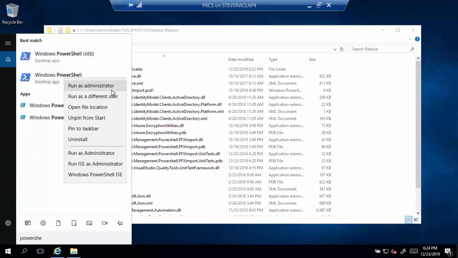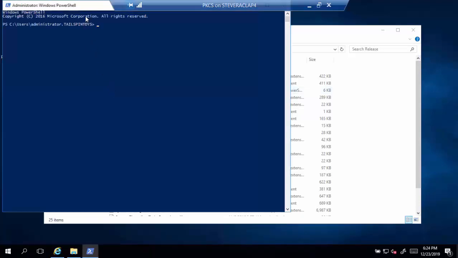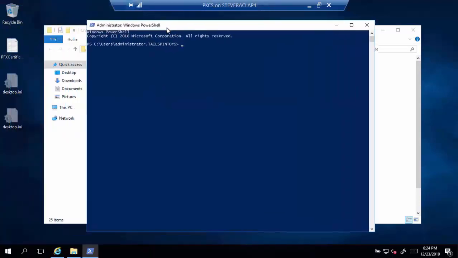Running PowerShell. Maybe I did, I don't know, but for sure now I have. Okay. So change directory to desktop and change directory to release. Cool. So now with that done, the first set of commands I'm going to run will be